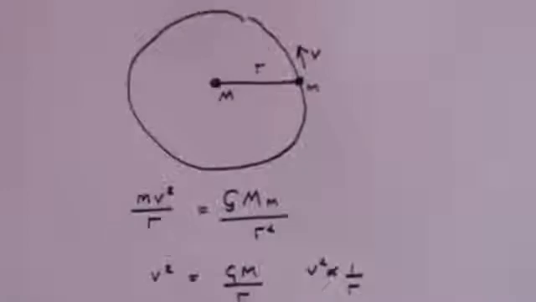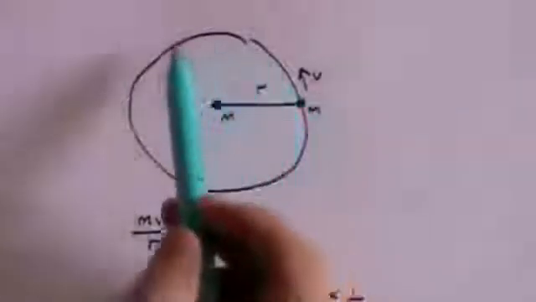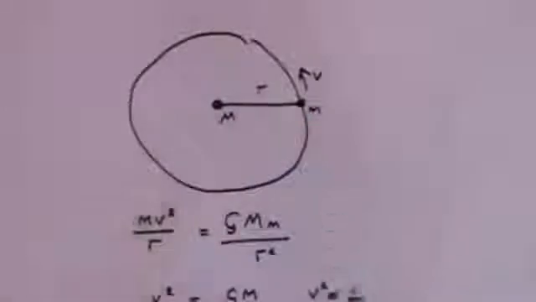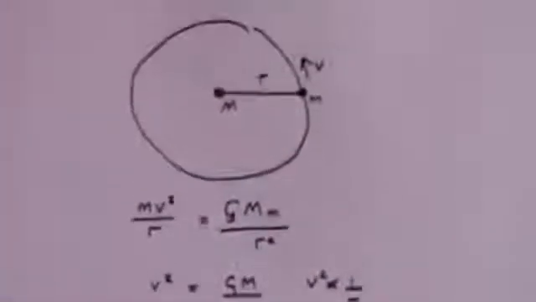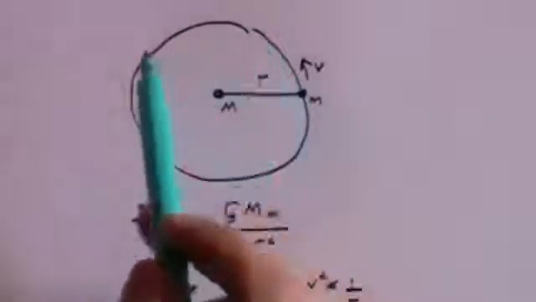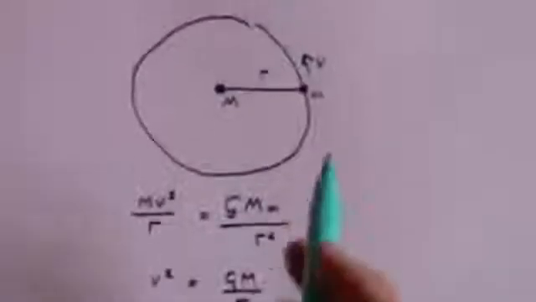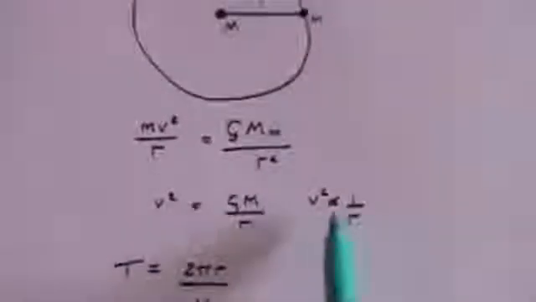In passing, we can just say that this leads on to Kepler's third law, because if you think about the time it takes for a planet to do one complete revolution, that time, T, will be the distance that it travels, which of course is 2 pi r, divided by the speed, which is v. But we know that v squared